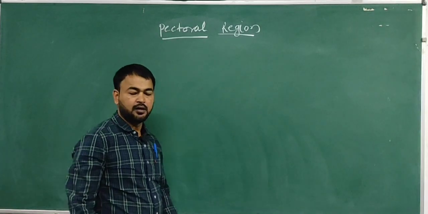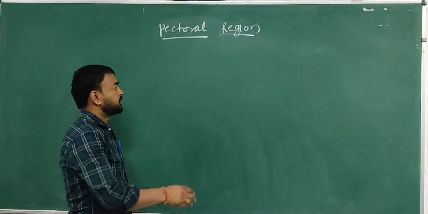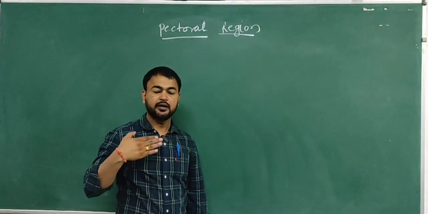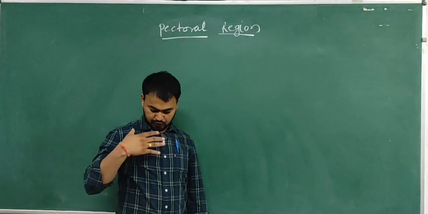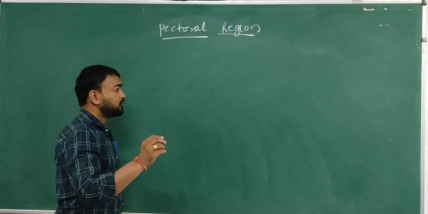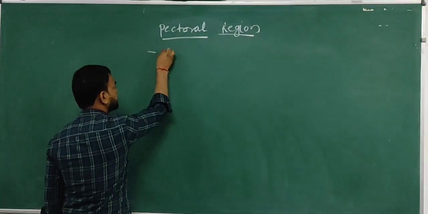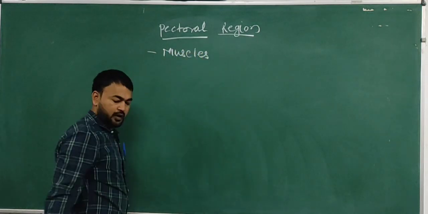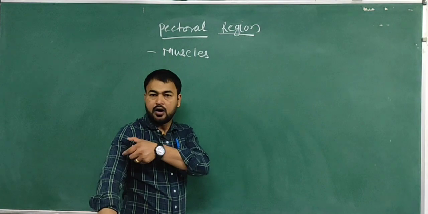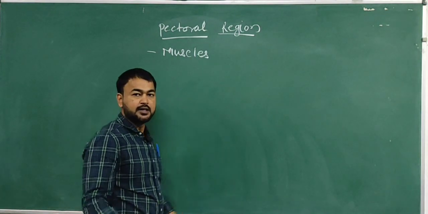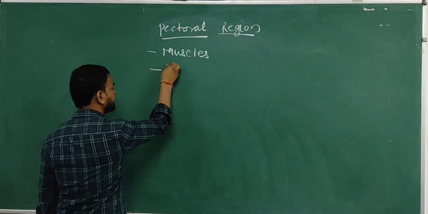गुड मॉर्निंग। सो आज की टॉपिक हम बात करते हैं पेक्टोरल रीजन। पेक्टोरल रीजन है इंटीरियर चेस्ट वॉल। इस इंटीरियर चेस्ट वॉल में दो इंपॉर्टेंट स्ट्रक्चर होती है। एक होती है मसल्स जो इंटीरियर लैटरल चेस्ट वॉल को अपर लिम्ब से कनेक्ट करवाती है, जैसे मसल ऑफ द पेक्टोरल रीजन। सेकेंड इंपॉर्टेंट होती है ब्रेस्ट।